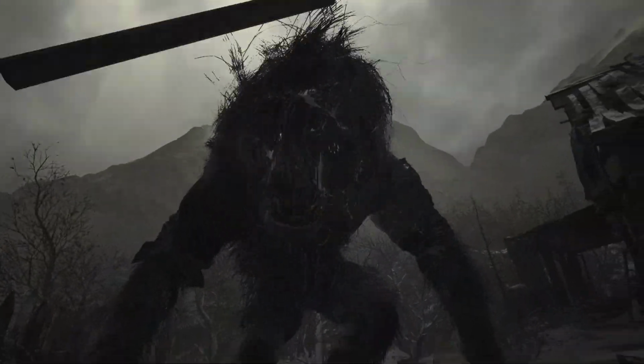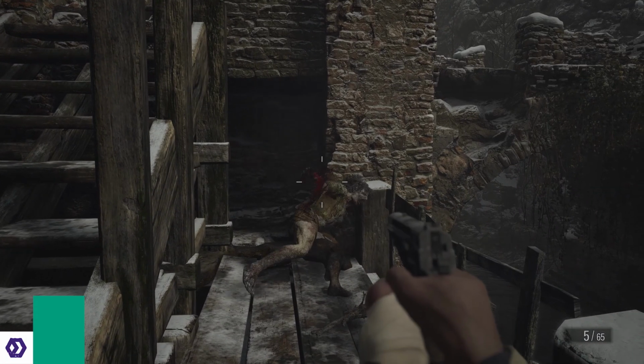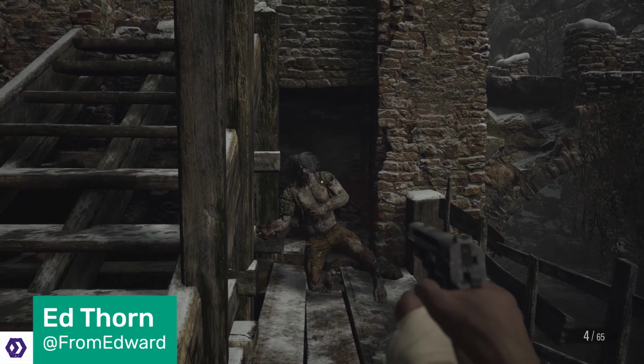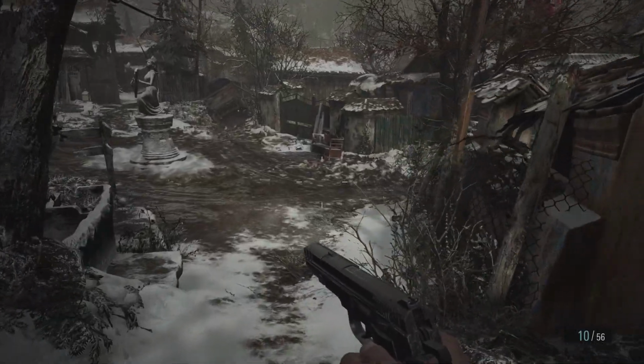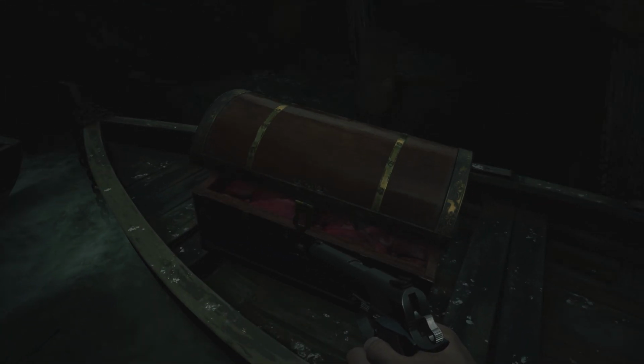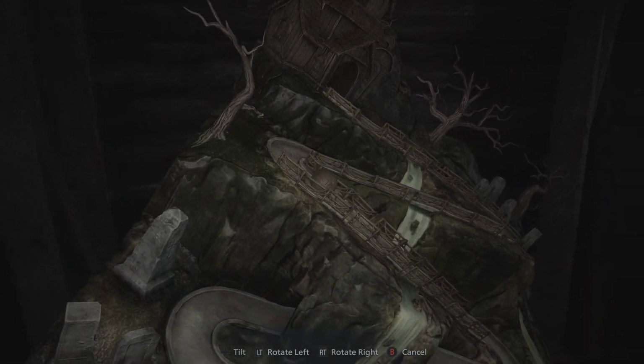So Ed, what is your favourite thing in Resident Evil Village? My favourite thing in Resident Evil Village is the village itself, and that being the hub world. And it's just filled with all sorts of things to do. There's chests all over the shop, there's puzzles, and I think in particular one thing that really impressed me was